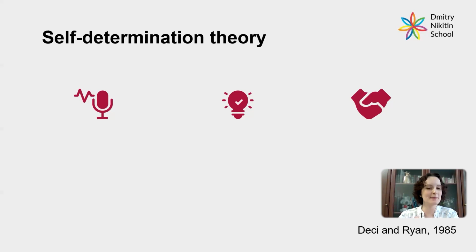The first thing that any person is looking for, especially in a group, is autonomy. People want to feel like something depends on them. They want to feel that they are in control of their actions, that what they do or say has some kind of impact, and they can make their decisions independently. The second factor is competence. We want to feel capable. We want to feel accomplished. We want to feel like we have some knowledge, we have some skill.